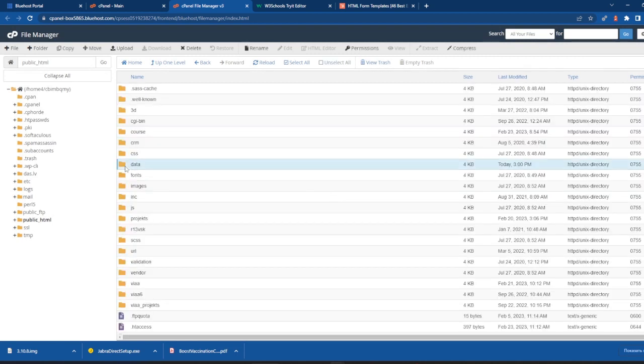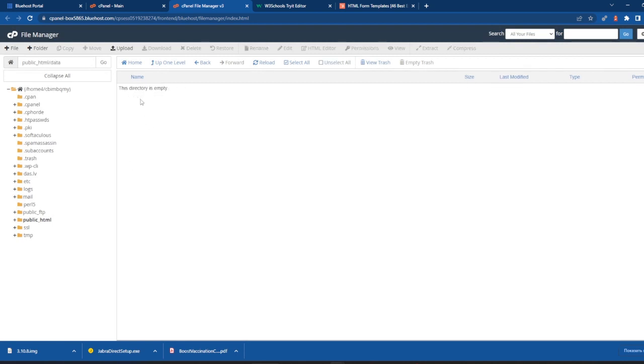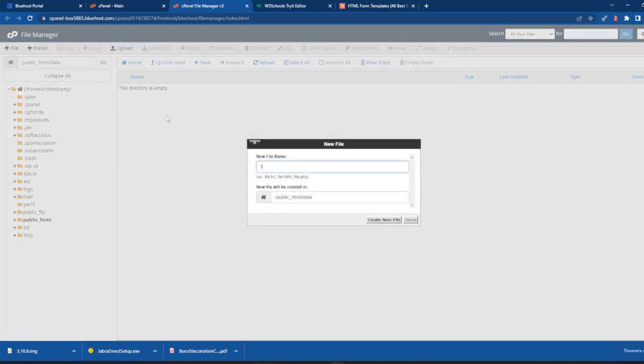The folder is created, and now I can create files that will be accessed from the internet. The first file will be with the name form.php. I will use the PHP language, that is a server-side backend language,